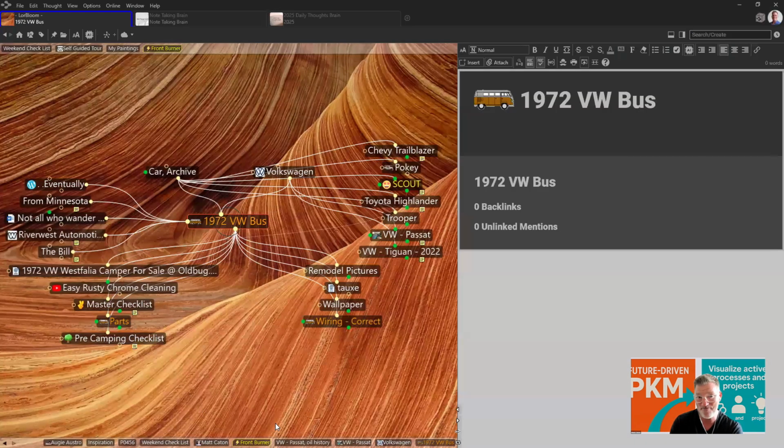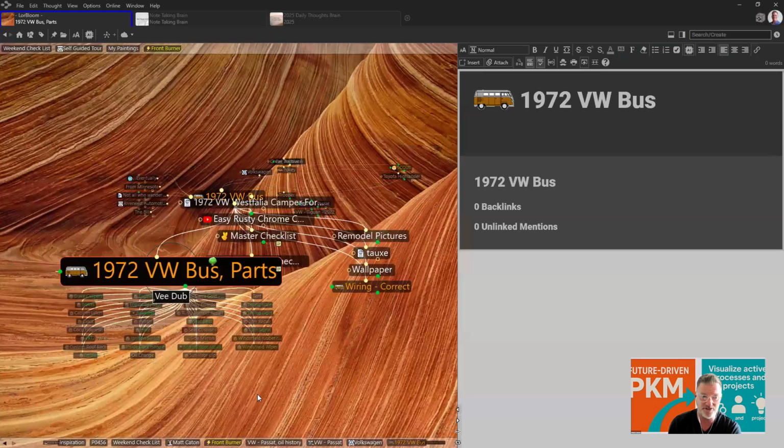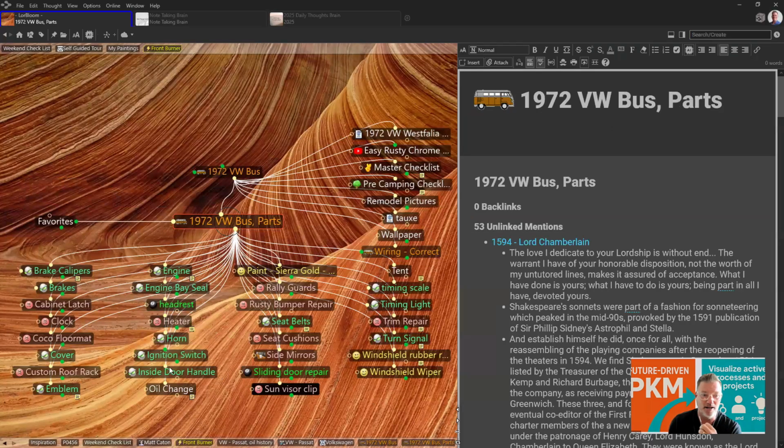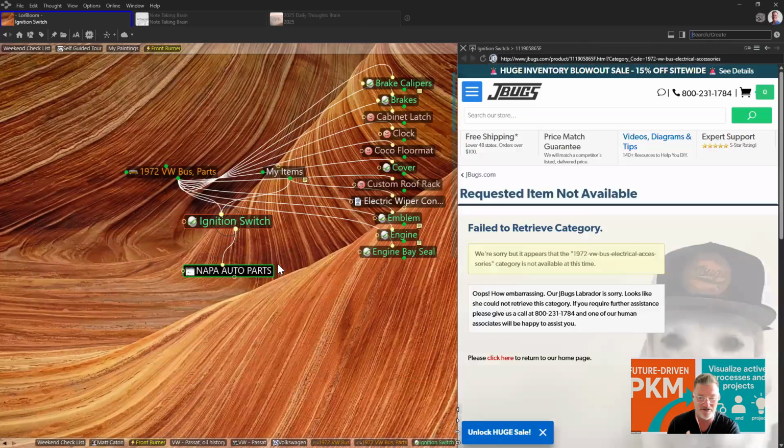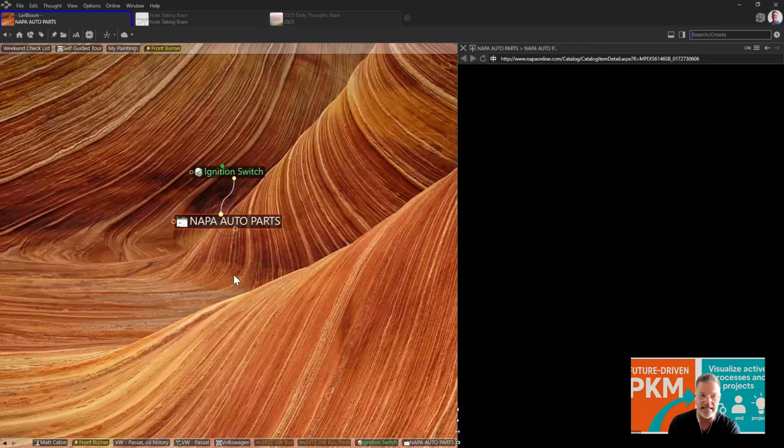If I ever get another 72 Volkswagen bus, if I'm ever lucky enough to own another one, I can refer back to all the lessons that my organic brain has learned and since forgotten. Your digital brain never forgets. All the different parts that I purchased, where I purchased them, how much they cost, what it took to install that ignition switch, typically there's a video. Sometimes the web page isn't there anymore. Sometimes it is.